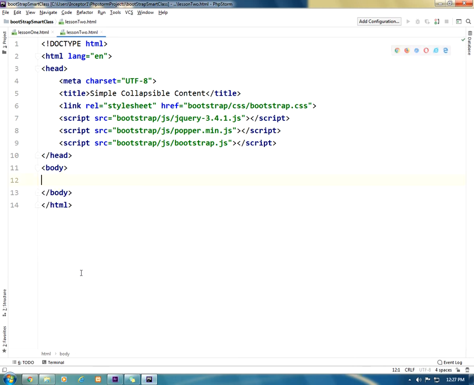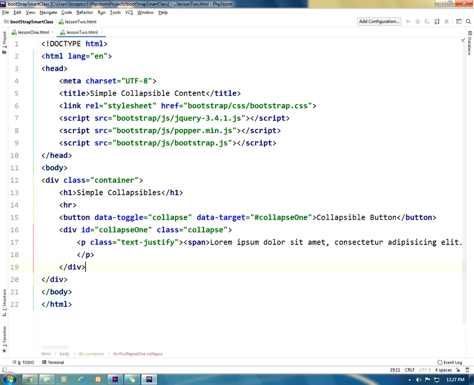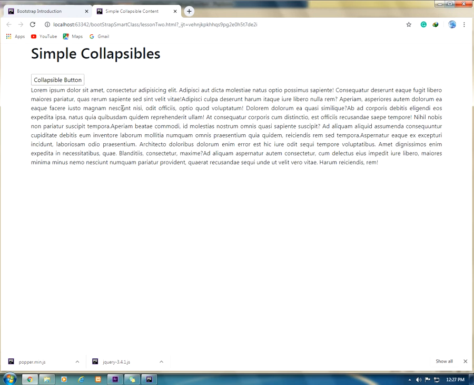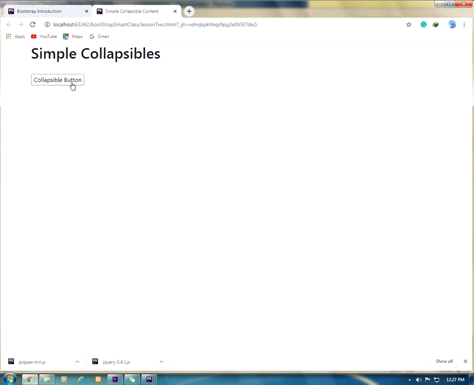So I'll cut that. I say dot container, you tab and enter and paste there. So if it's a new file, let's run it. So there we are. If I click collapsible button, it will reveal my content, and you click it hides